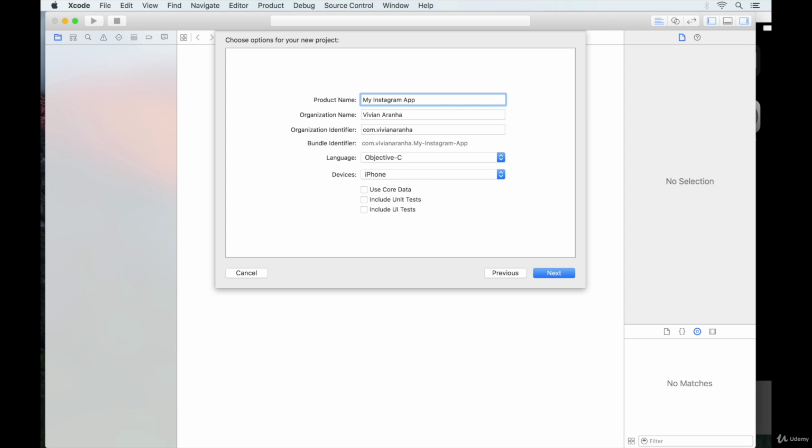You can just give any name, like you can just say your first name dot last name and it will take it. We provide all this information just to create a bundle identifier, which should be unique for every app in App Store. So if you see here, Xcode takes these details you entered and will create a unique identifier, com.vivinarana.my-instagram-app. Since we will be working in Objective-C, let's leave that as it is, and we will be focusing only